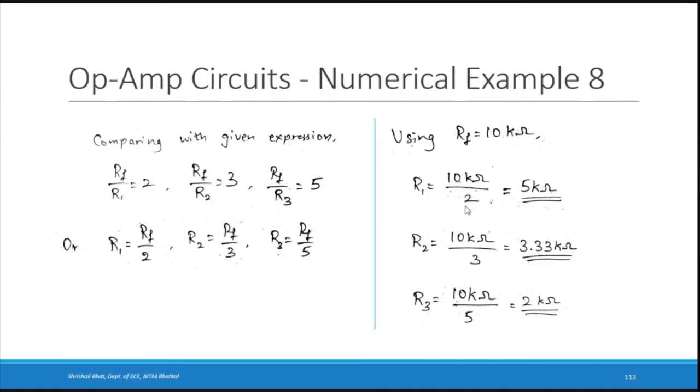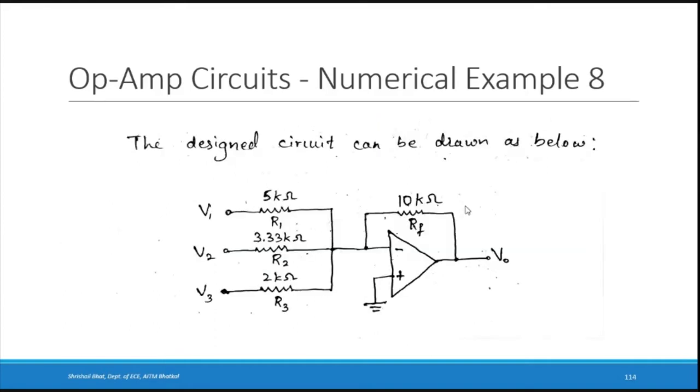Now, when you have these resistances R1, R2, R3, and RF, you can draw the circuit of a 3-input inverting summing amplifier, right? So what is that circuit? After you get the values of all the components, draw the circuit and put the values in the circuit diagram. That completes the design. This is V1, V2, V3. Here R1, R2, R3. Put the values. RF, it is given in the question that you have to take it as 10 kilo ohms, and this is V0. This is the way, if you draw the circuit diagram, it will complete the design.